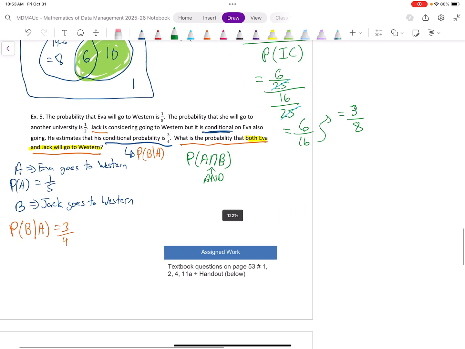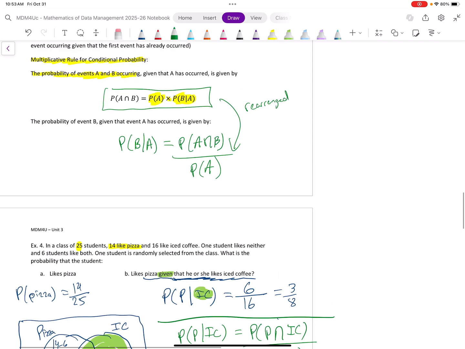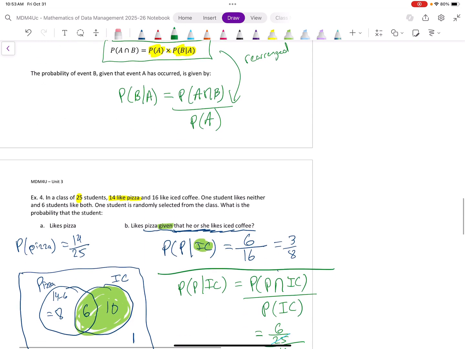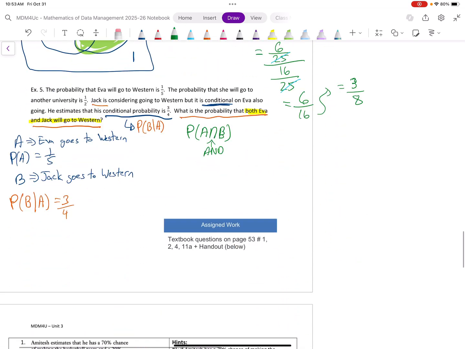So if you use the formula from above, that's this first version, the probability of A and B is the probability of A times the probability of B given A. And we have both those pieces of information. So we've got 1/5 times 3/4, which just becomes 3 out of 20,